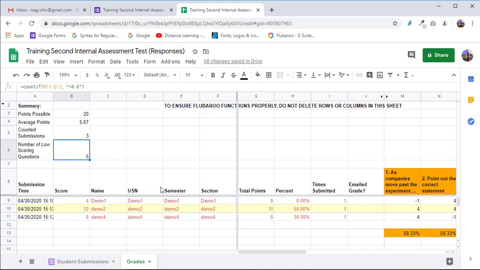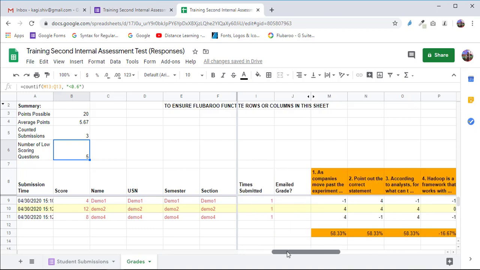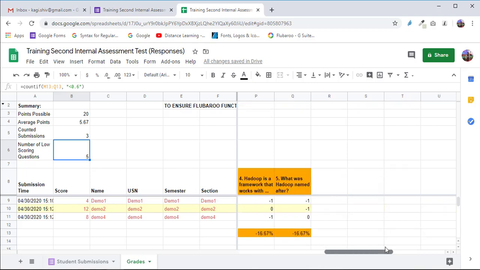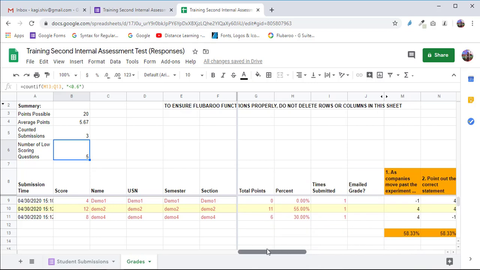So imagine if there are 30 questions, 50 questions, the page width of the Excel sheet will be huge, right? So that's why they have made sections. You can drag here to check which student name, and to make it very simple and pretty, they have created these two sections so that we can move and check the student.